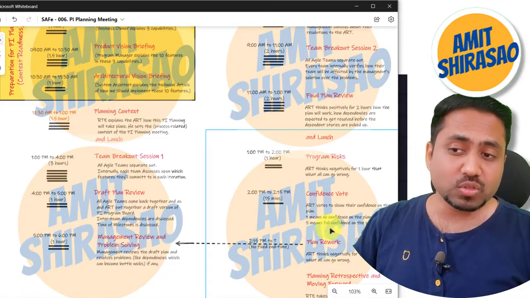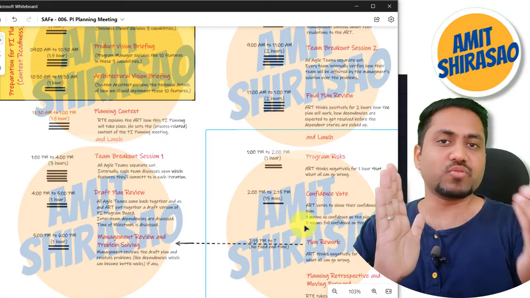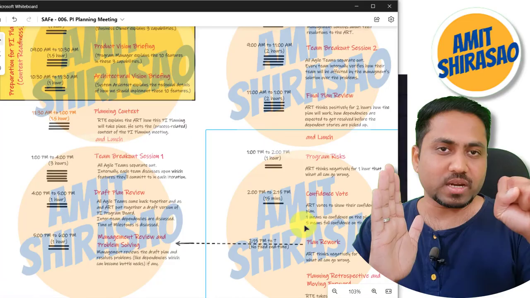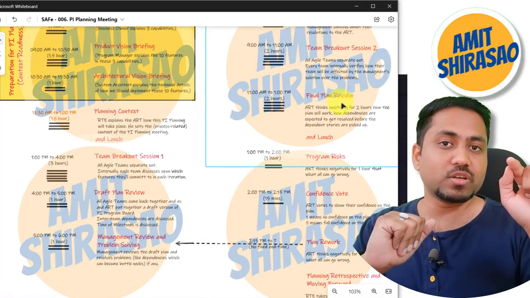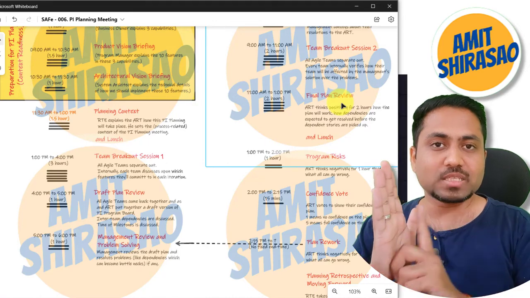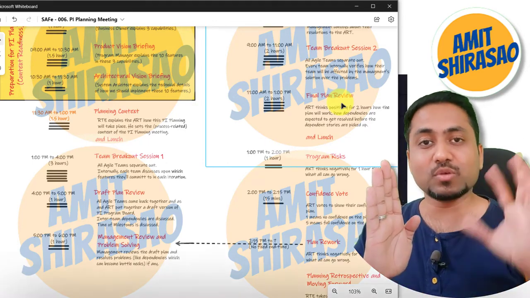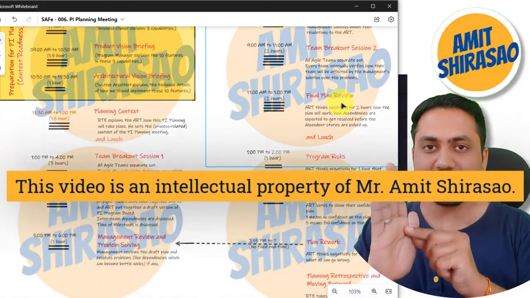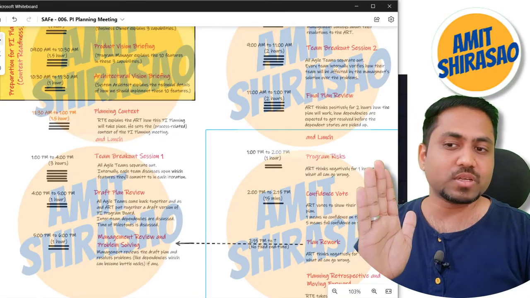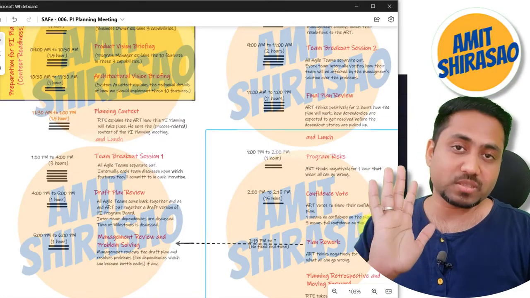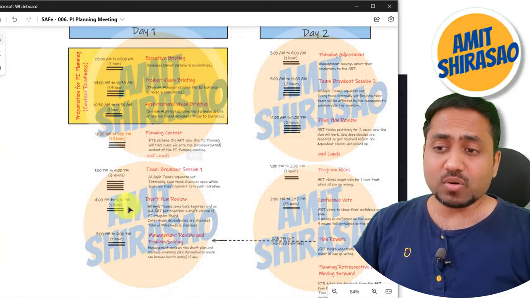Those votes are from 1 to 5. If I have 100% confidence that this final plan is going to work, then I'll vote 5. If I'm very skeptical, if I'm very confident that it is not going to work, then I'll say 1. I won't say 0, I'll say 1. So 1 means no confidence in the plan, 5 means full confidence in the plan. That is your confidence voting.